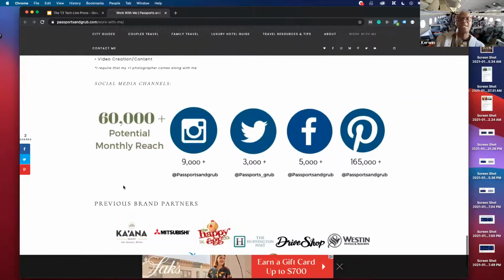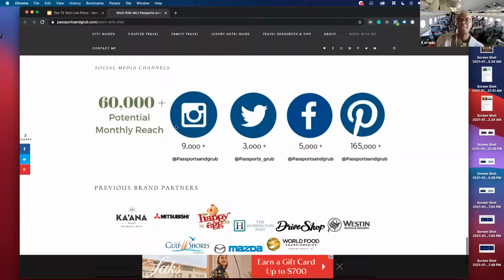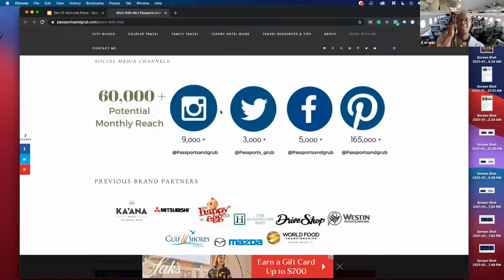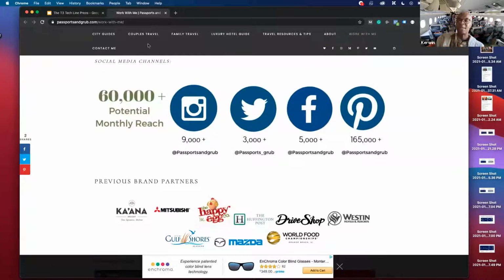And then she has her stats, so you can always see her stats. And so usually what you try to do is put the best stats first, because that's usually what people look for. And numbers are an annoying thing, right? Because everybody's always looking for numbers. But one thing you can add in here too is if you have traffic to your website, like I did, I put that in. So my social is not strong, but the traffic to the website is really strong. So I put that in. And if you have a newsletter, put your newsletter subscribers in. So that's very good to do.